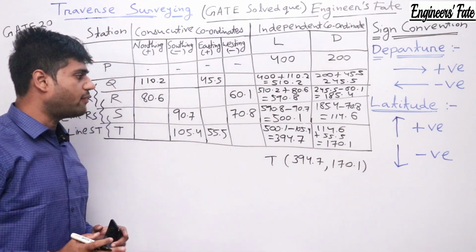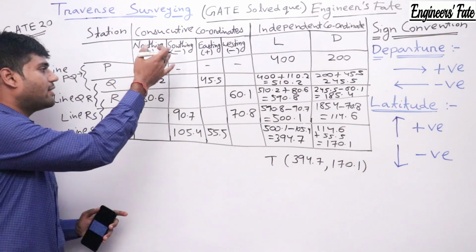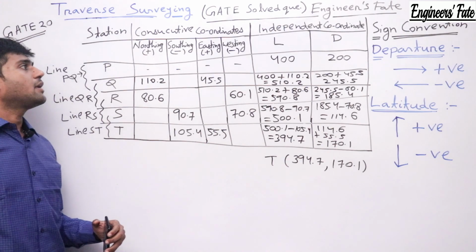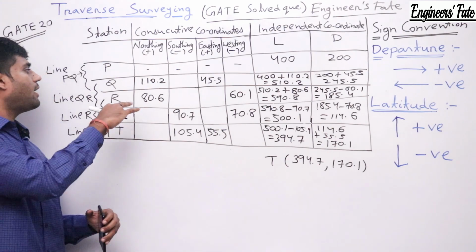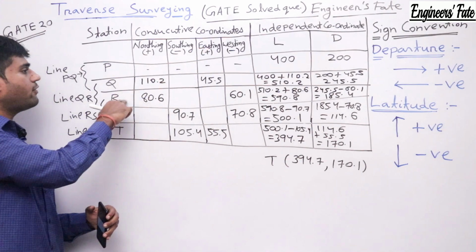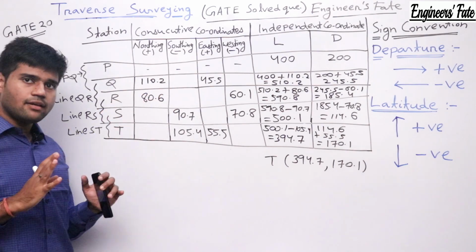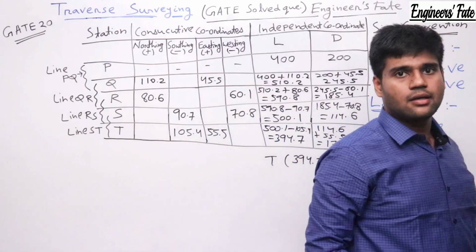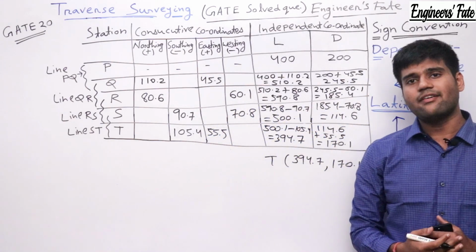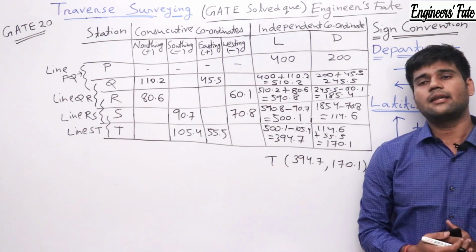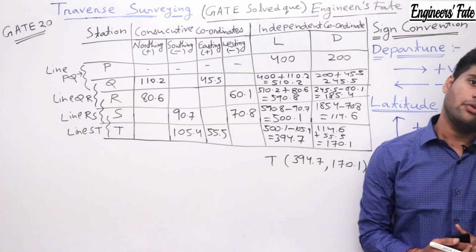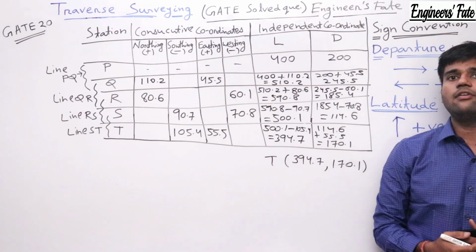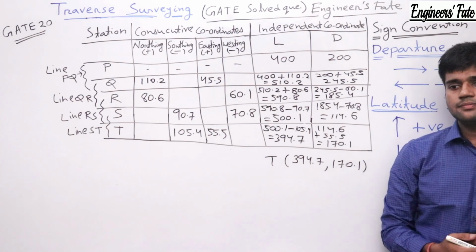I hope you have understood this question. I have written in such a manner that if in the examination in future he can ask any independent coordinate value of any stations, you can find that. So I hope you have understood. So please note down these things. If you haven't understood, then again replay the video, you will understand the things. So please note down this thing, then I will tell you the shortcut.